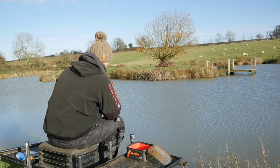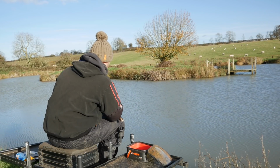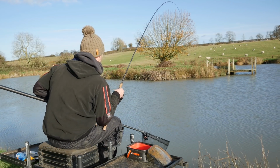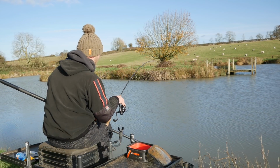I mean, we're not getting fast bites, where the fish is taking it on the drop, or I feel that the fish is watching the bait fall. So if we start catching over the top of this loose feed,